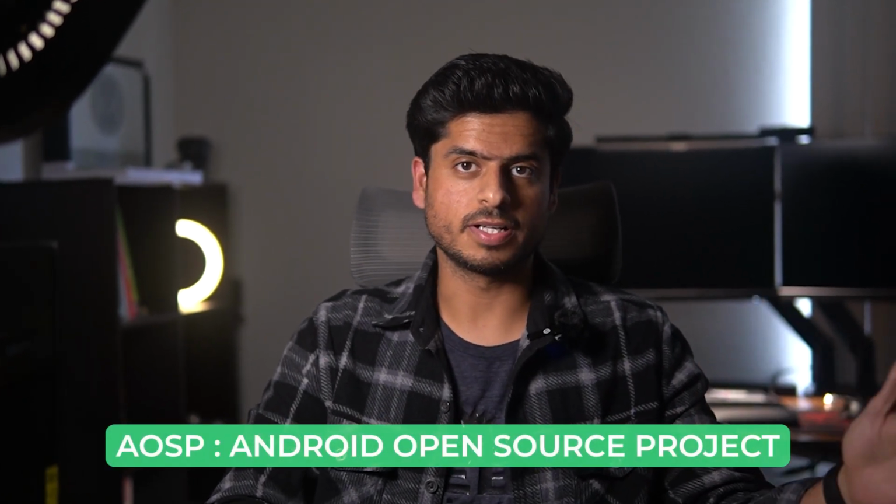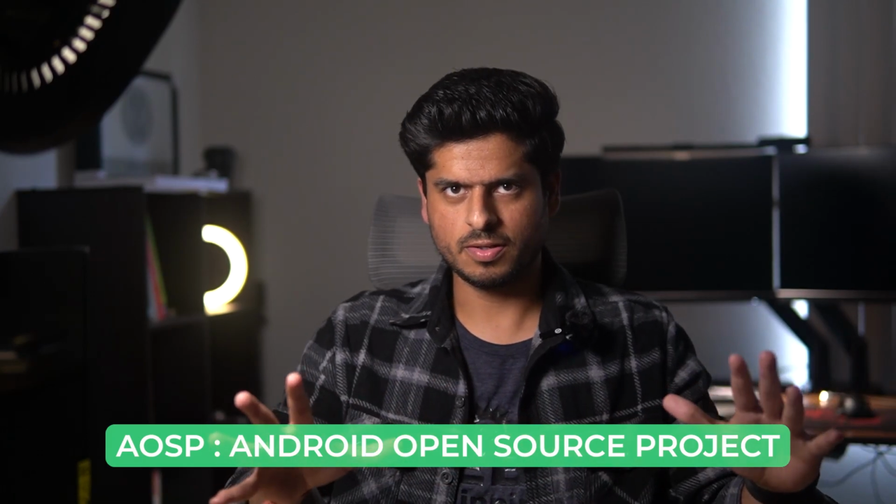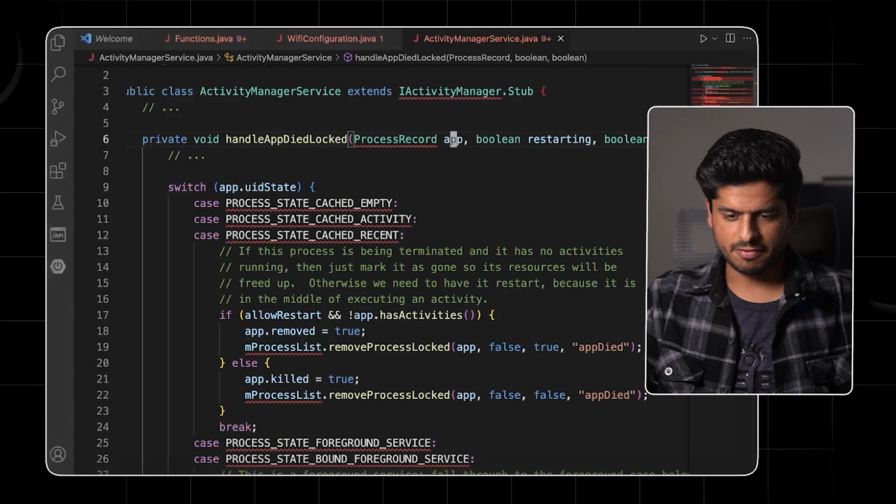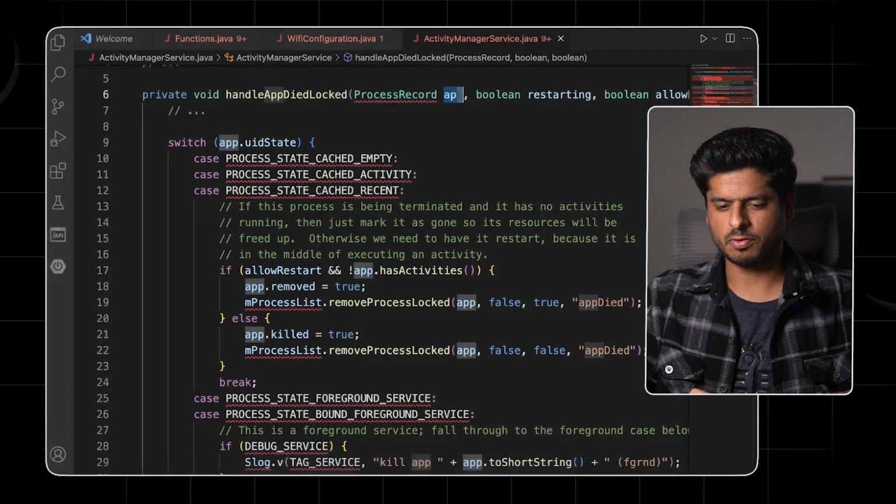I forgot to mention, all the code that you are seeing here is actually inside the Android operating system. It's not the application code, because as you see, it's a service which is one layer deeper than the applications. Okay, so this method is called, we have a process record which probably contains some information of the application,